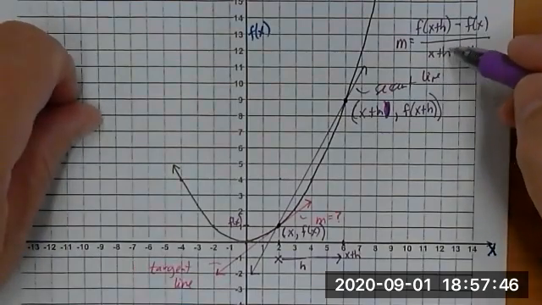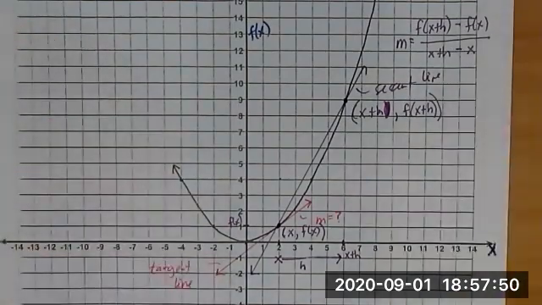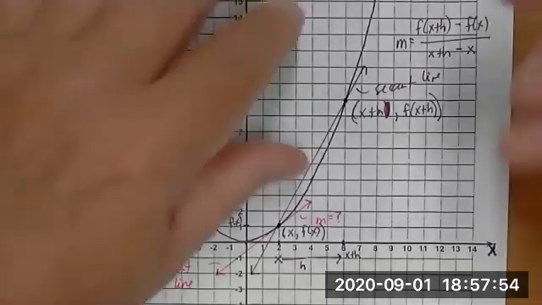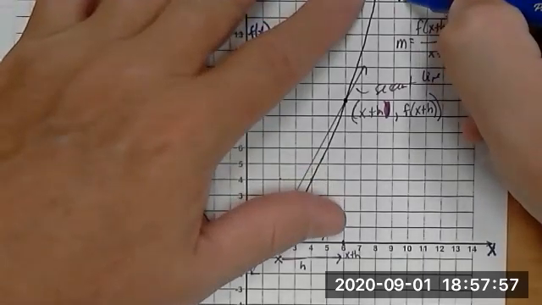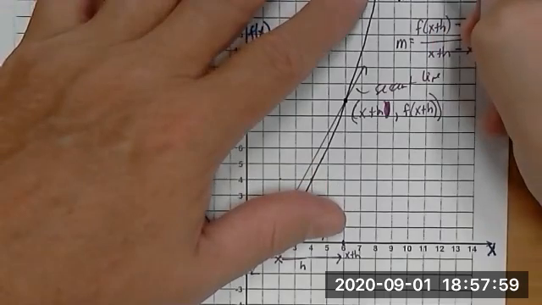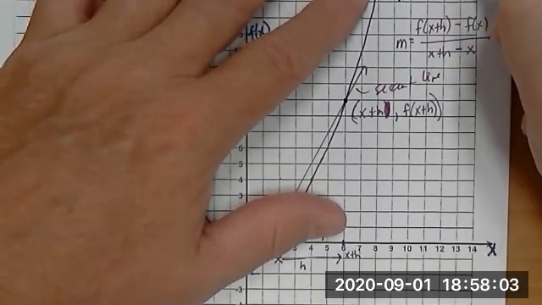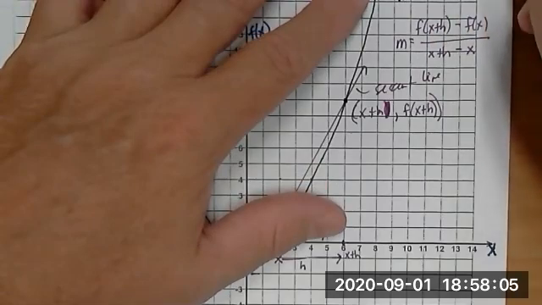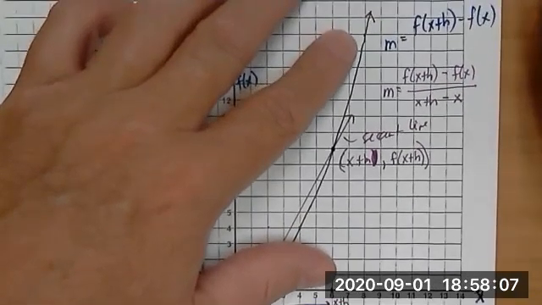I have x plus h minus x. Look at these x's cancel out. So I'm going to, with my blue marker, to make it very clear, the slope ends up being f of x plus h minus f of x